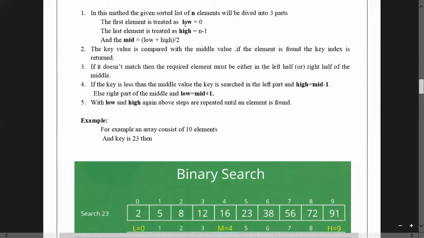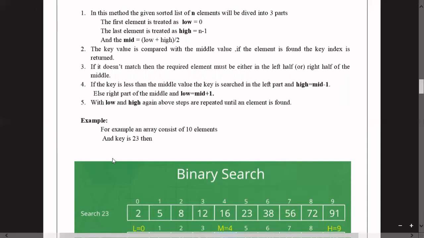After calculating low, high and mid, we are going to start the binary search. Second point, the key value is compared with the middle value. If the element is found at that middle position, then we will print that the element is found and we will stop the binary search.